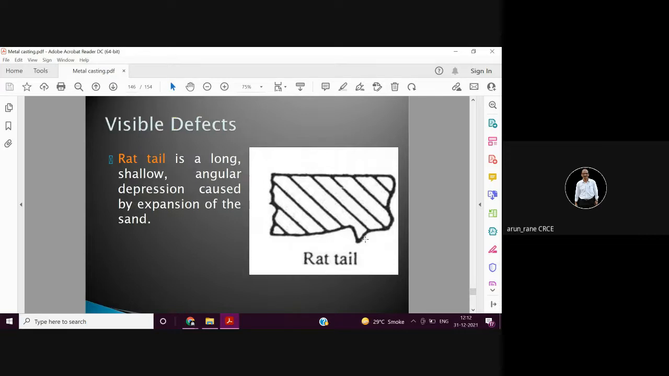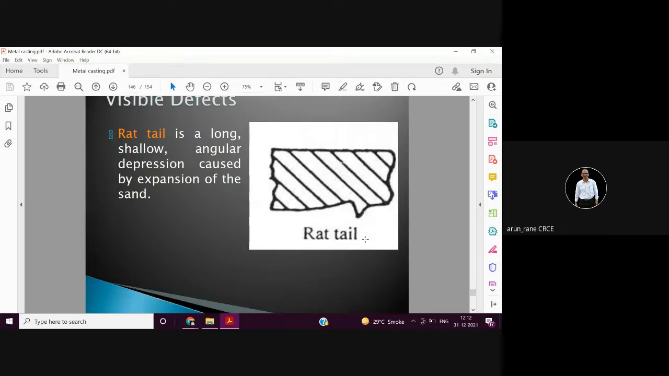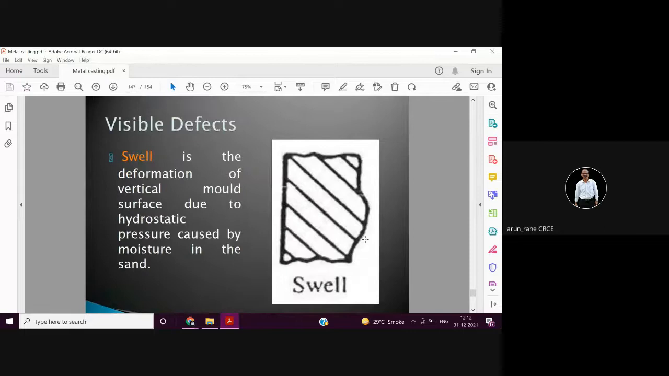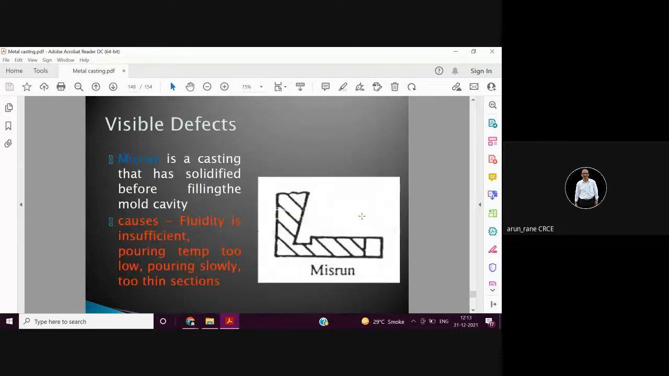मेनली सैंड एक्सपांड होता है तो ये मिल जाता है, आ जाता है। स्वेलिंग, सूजन, बिकॉज ऑफ द प्रेशर। मिश्रण,